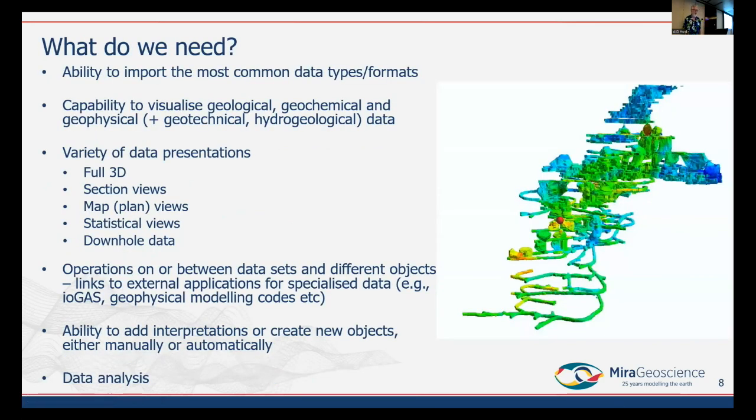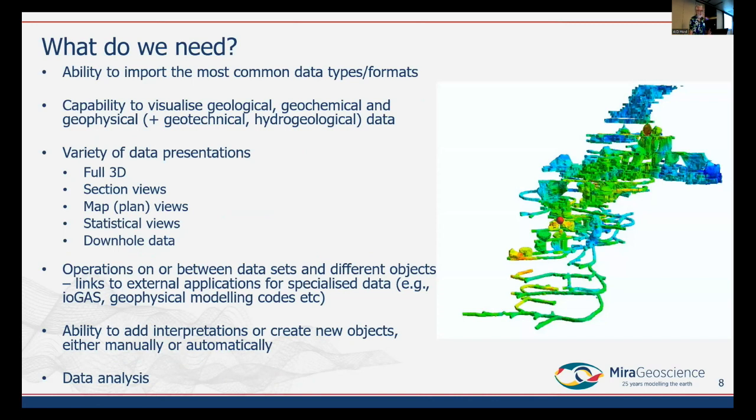So what do we need in 3D visualization? We need the ability to import all the common data types, and there are a lot, all the different geological data types, and then there are the niche areas of geochemistry and geophysics, which have their own formats, and remote sensing.